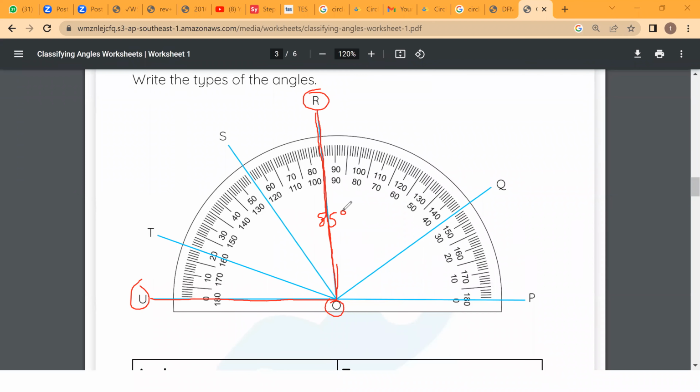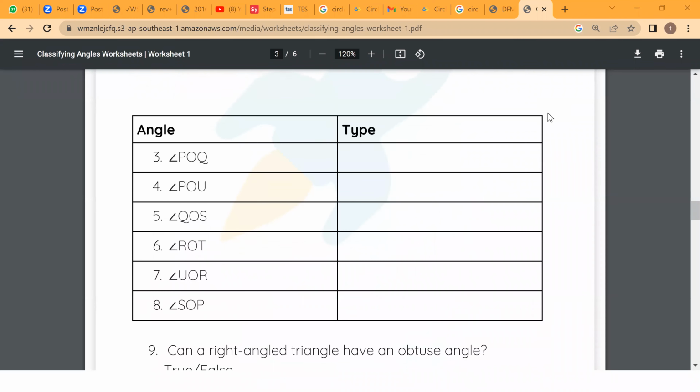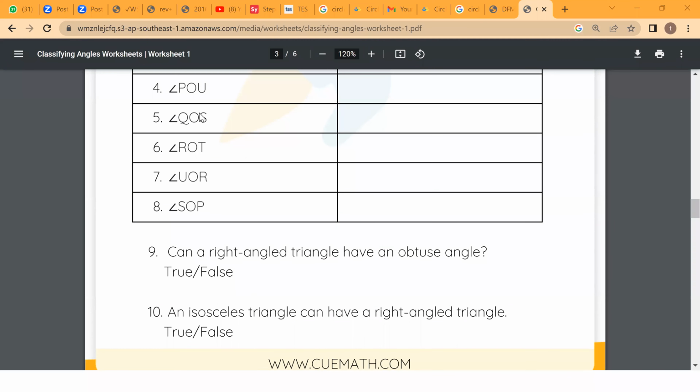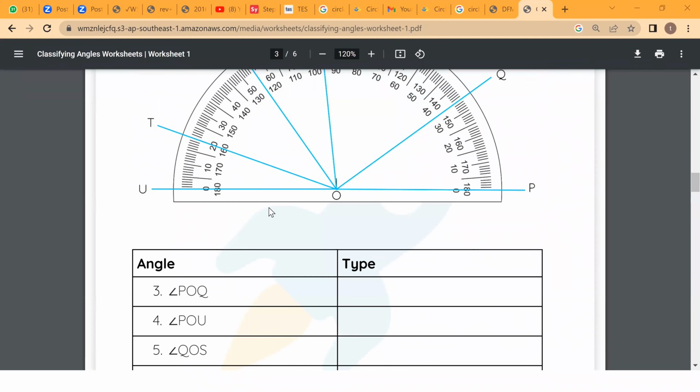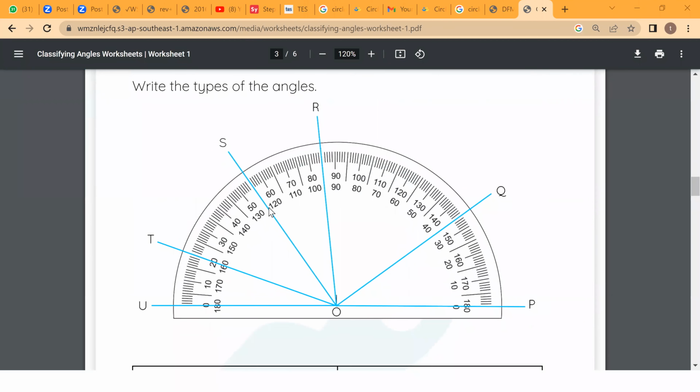And the last one, we have angle SOP. Okay, so it's gonna be